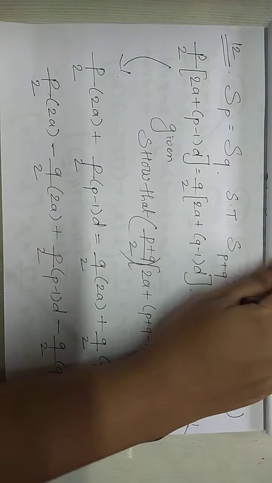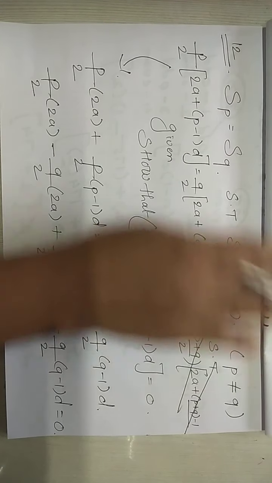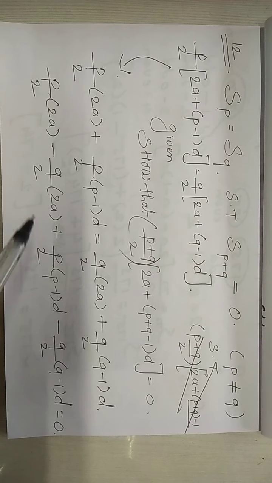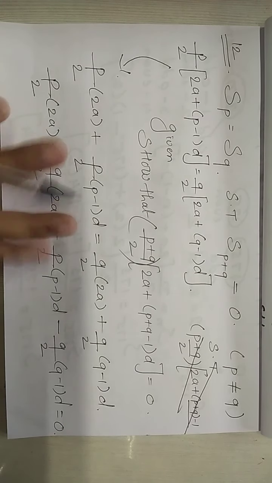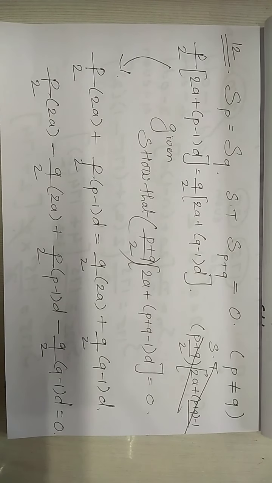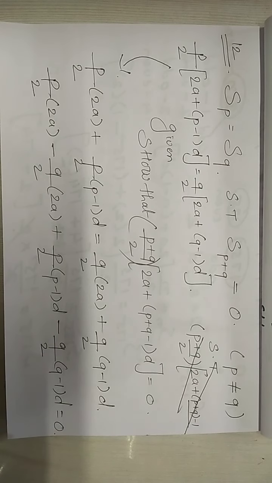The last sum for today again is very challenging. If you pay attention properly, you might understand this sum. Again, for the average children who find question number 12 and 11 difficult, don't go for these sums. Do the normal sums, the exercise sums. Problem set sums should be left for last. When you are very confident with the exercise sums, then you should go for the problem set sums. Now, question number